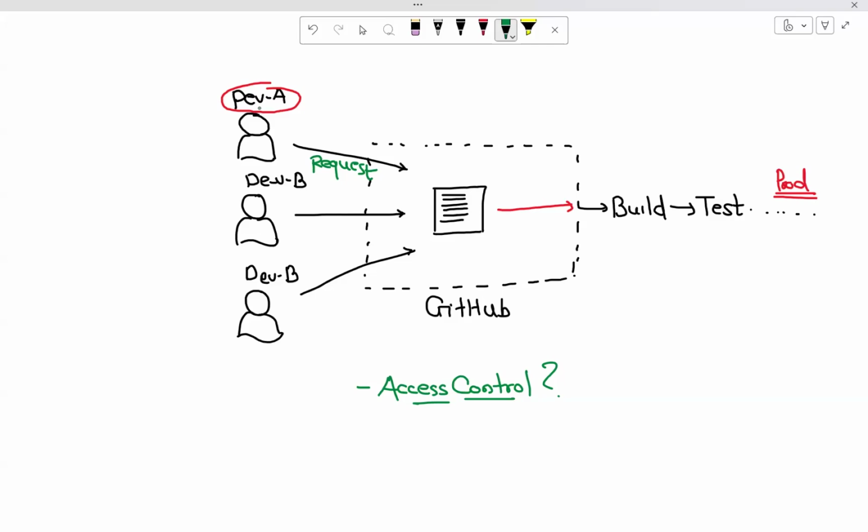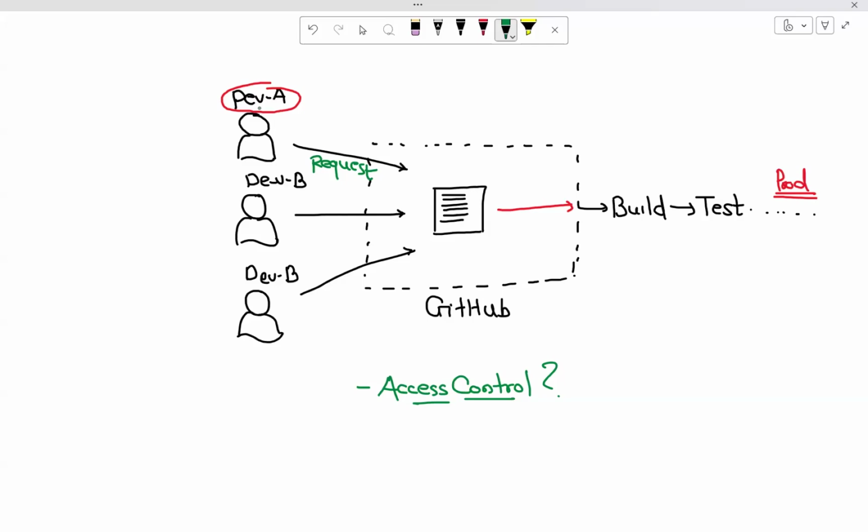That is one thing. Second, I don't want to provide access directly to anyone, or to all of them together, because, as I told you earlier, it can create many problems if they are working together and modifying everything all at once.